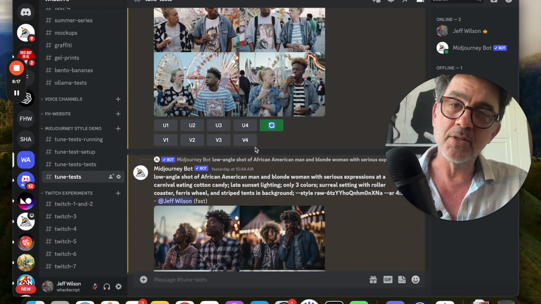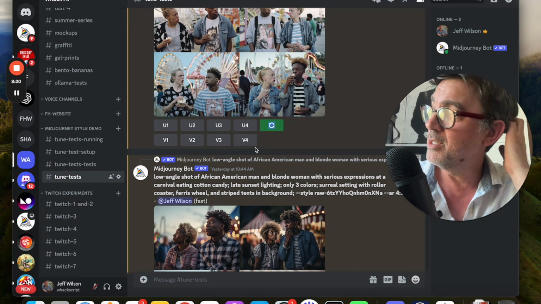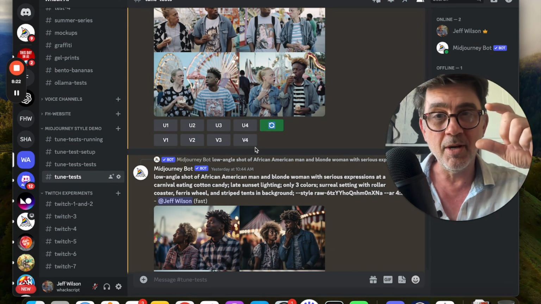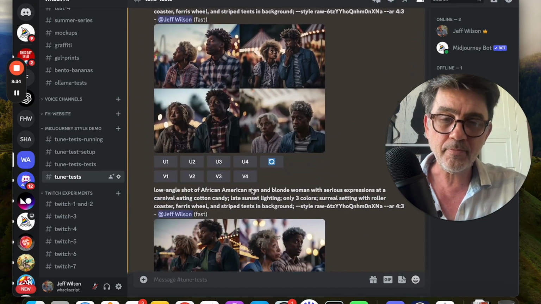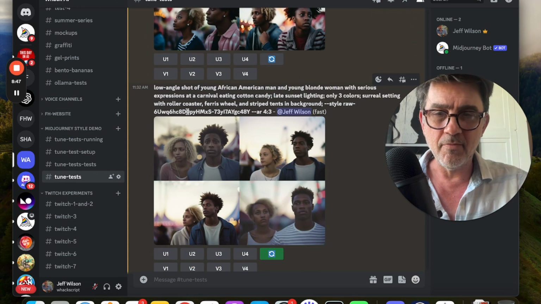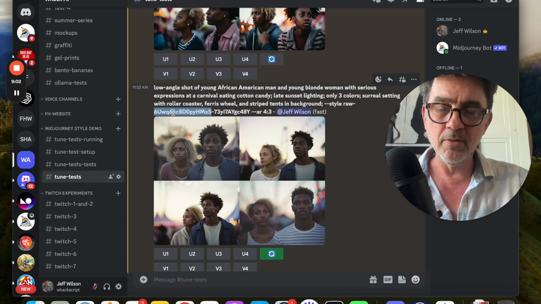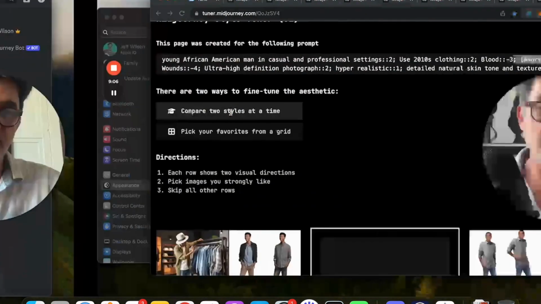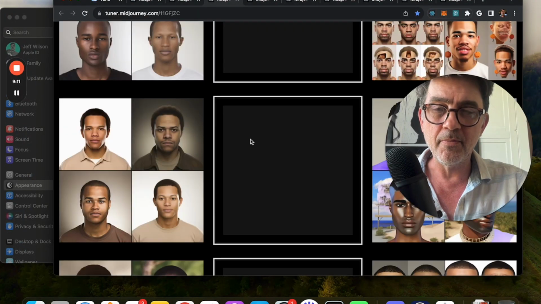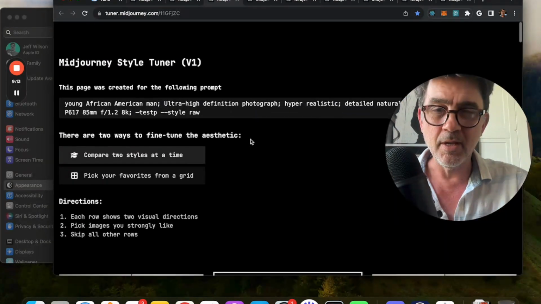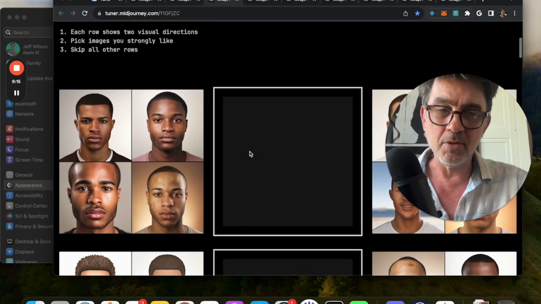And so one of the things I started to realize was that maybe I need to have much more atomic level styles so that I can chain them together. And you can chain these styles together if you include a dash in them. So in here, I have two styles separated by a dash. Here's my original style. And then here's a style that I made that was specific to trying to find better examples of African American men. Now, again, I was starting to find that